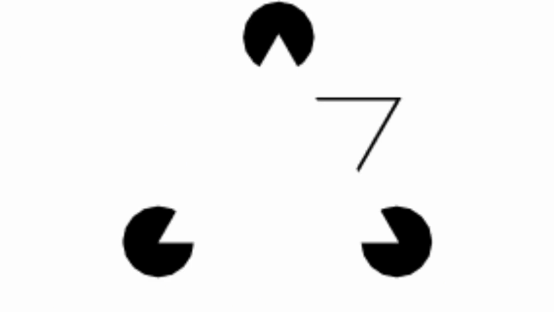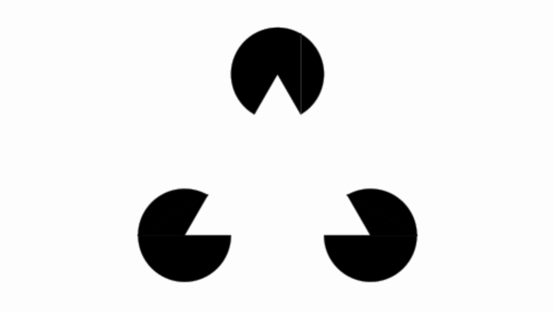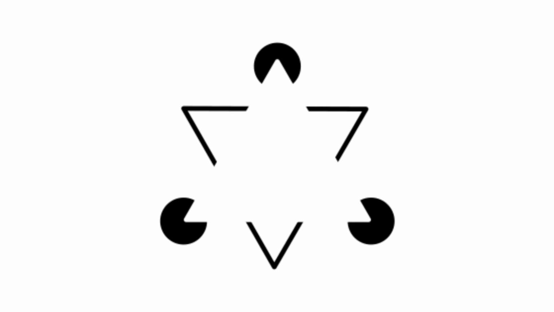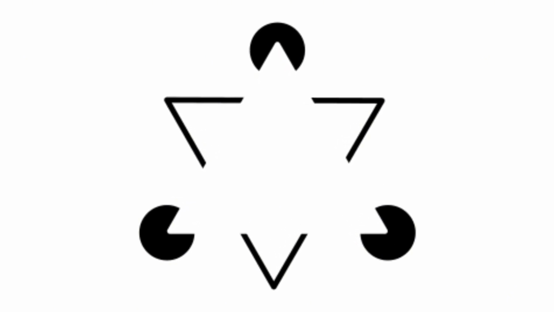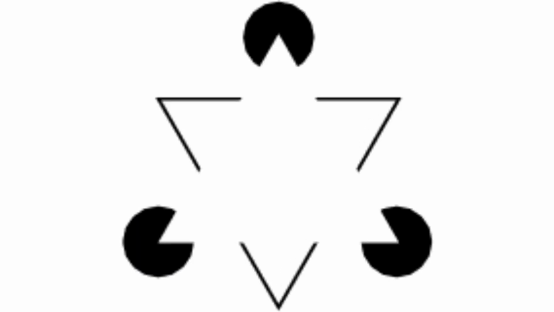The brain connects the gaps between the black shapes and automatically forms the perception of a white triangle. This happens because our brain uses its Gestalt principles, where it fills in incomplete information to make sense of visual stimuli. The brain is wired to look for patterns and create complete shapes, even when parts of them are missing. This effect is so powerful that it can deceive us, even when we know the triangle isn't really there. It's a reminder of how our minds constantly try to make sense of the world by filling in the blanks with what we expect to see.